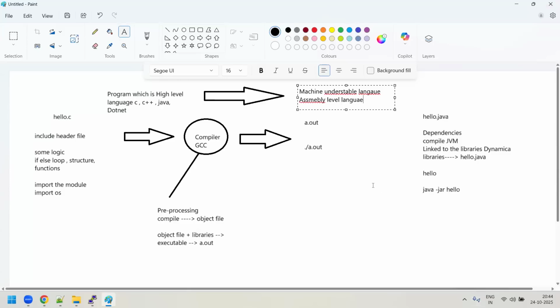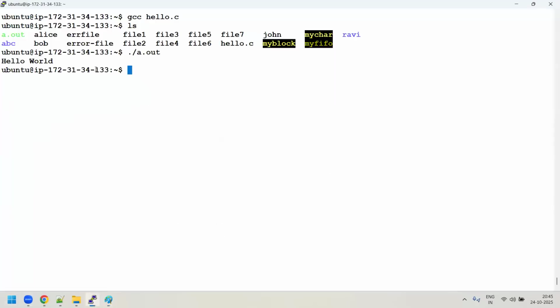That's how it does it actually. And we are getting an error out file and you can run the program. Right? Is it fine, guys? So here you could see that when you try to compile the program, I did a hello.c and it created this file. Suppose I try to remove this file,